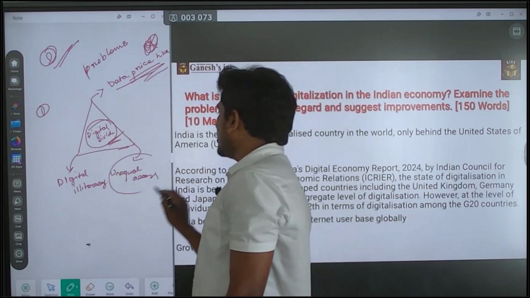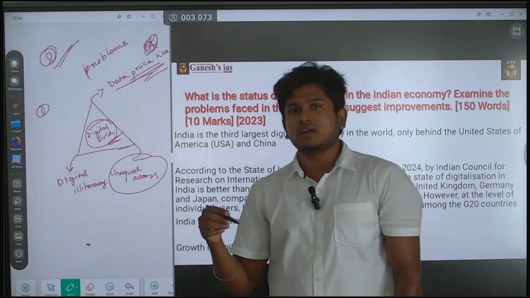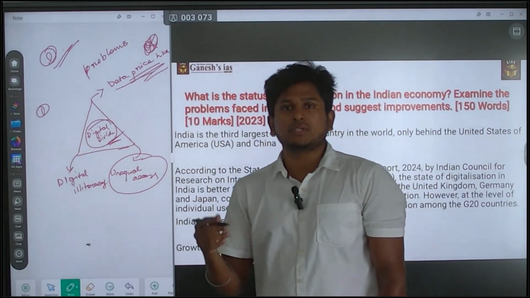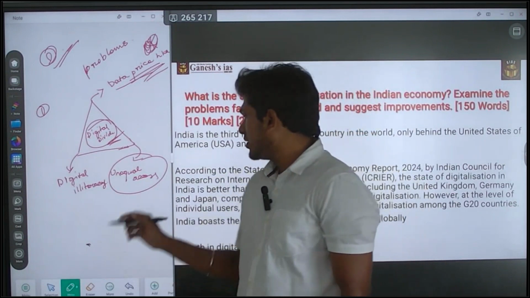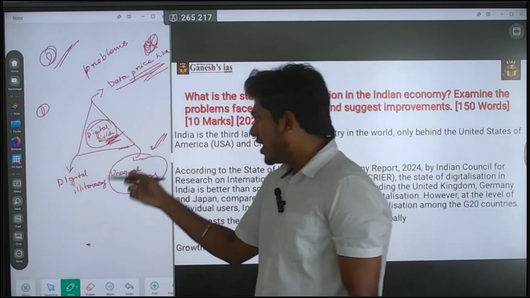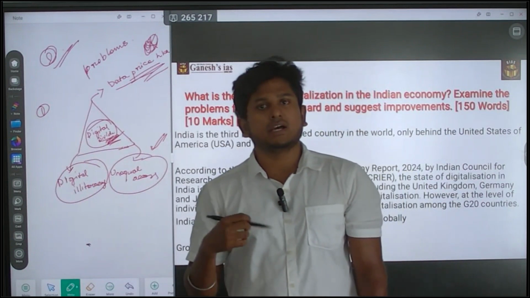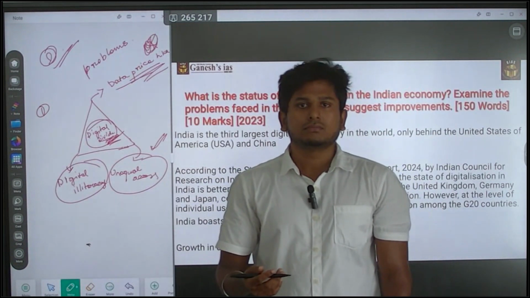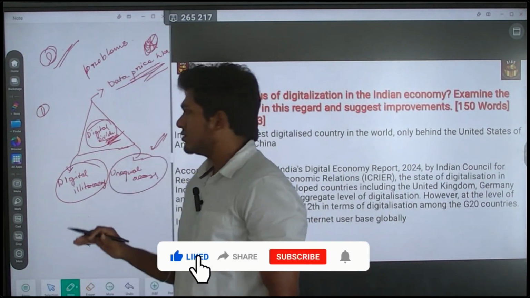Next, unequal access. Still there is an issue with accessing the internet in certain remote areas. There is no tower established in certain rural areas. Based on the minimum users, they are not establishing it. So that leads to unequal access. That is also going to create a digital divide. And then digital illiteracy. Even though they have a smartphone and internet, they don't know how to use this data wisely. So that is also a major concern about digitalization in India. So this is the first point.